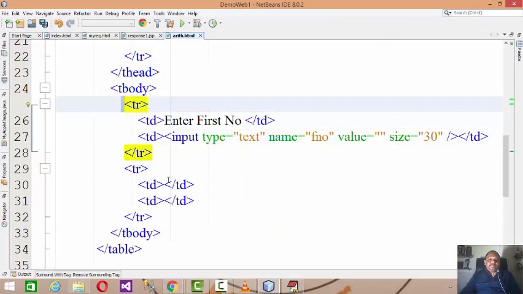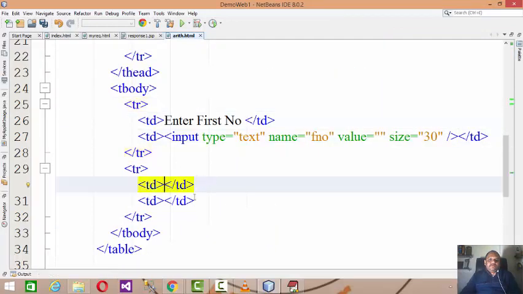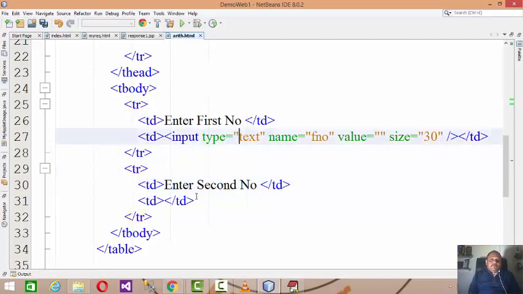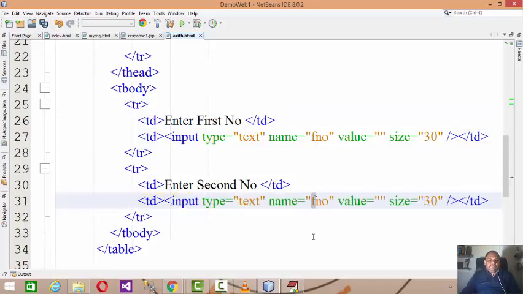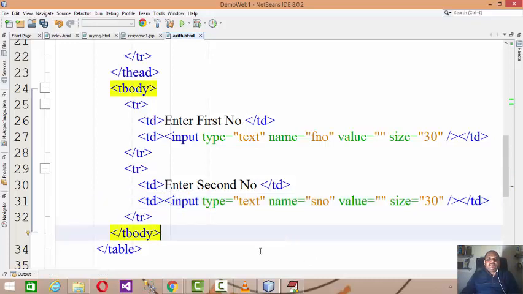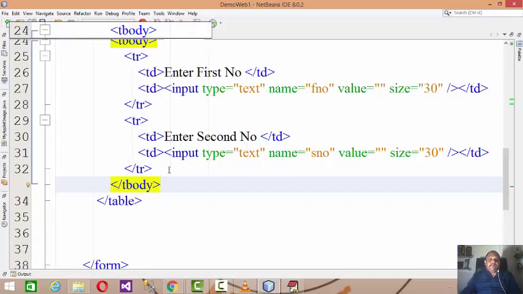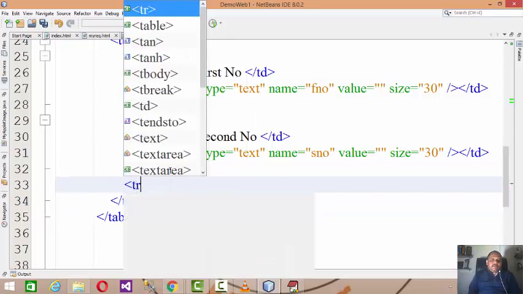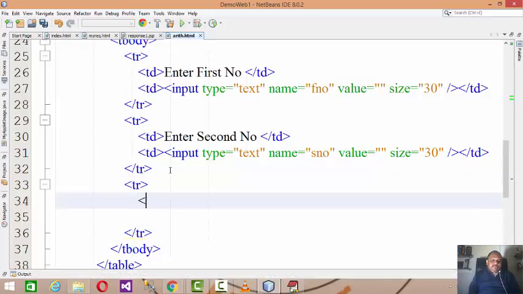I'll duplicate this, and the second number, the input type field name will be SNO, second number, and then you write the submit button.